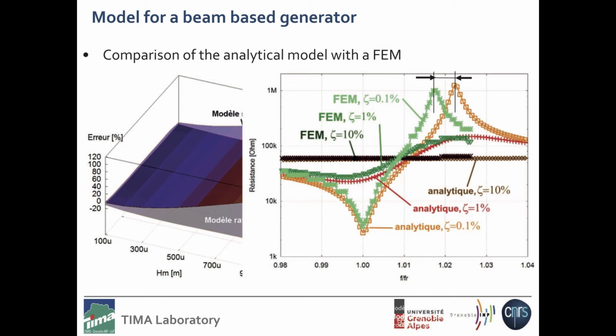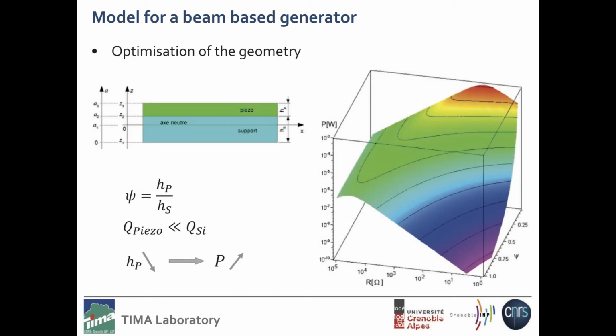So this model was also powerful in order to understand the effect of the piezoelectric layer on top of your substrate, which is sometimes silicon, sometimes metallic foils, like the technology developed by a colleague of us in Taiwan. They make PZT on top of metallic foils, and if you take into account all the mechanical parameters, dielectric and the viscous damping, it's clear that you can find an optimum. This is the case here when you look at the variation of the power versus the resistance connected to the device, and versus this